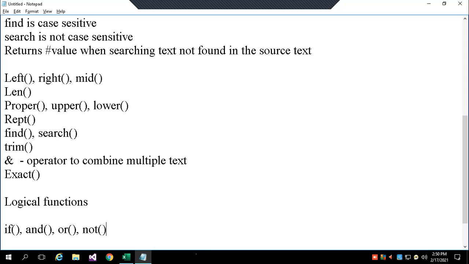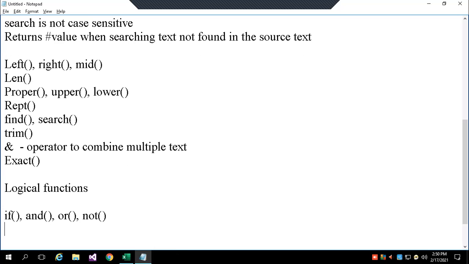You will check the conditions. If the condition is true, then what do you want to take, or what do you want to write, or if the condition is false, what do you want to perform. So the functions are based on a logical test, or based on criteria, or we can say conditions.